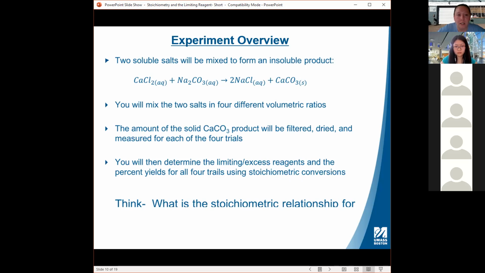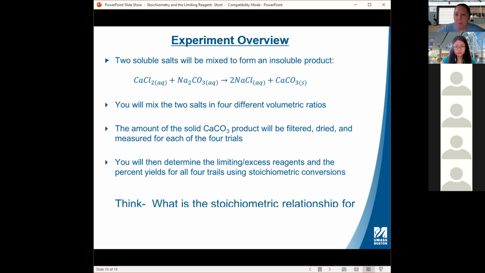So what that means is both of our table salts, calcium chloride and sodium carbonate, are going to be dissolved into water separately. And when we mix those solutions of those 2 different salts together, we are going to form,